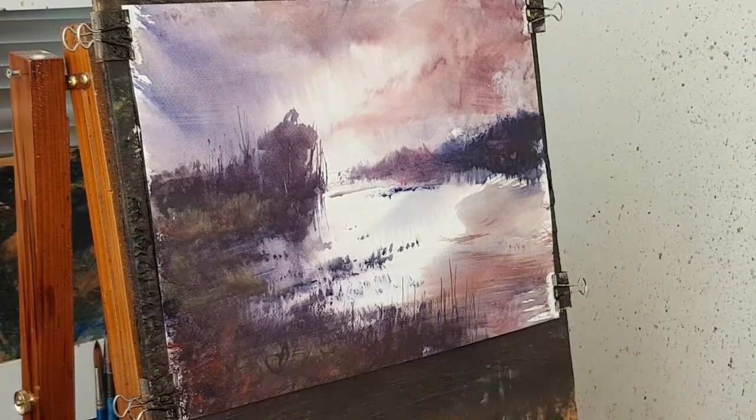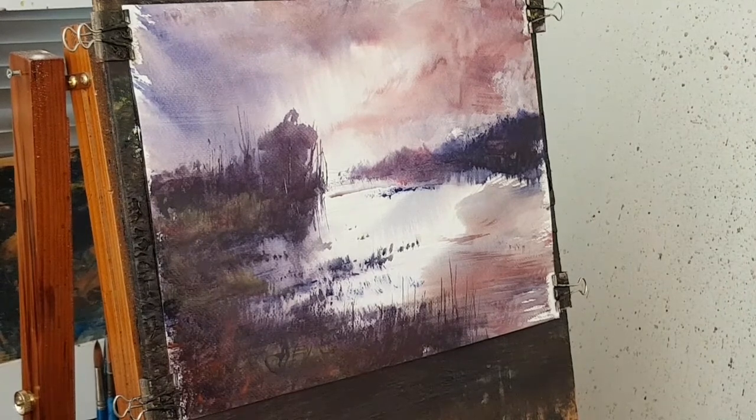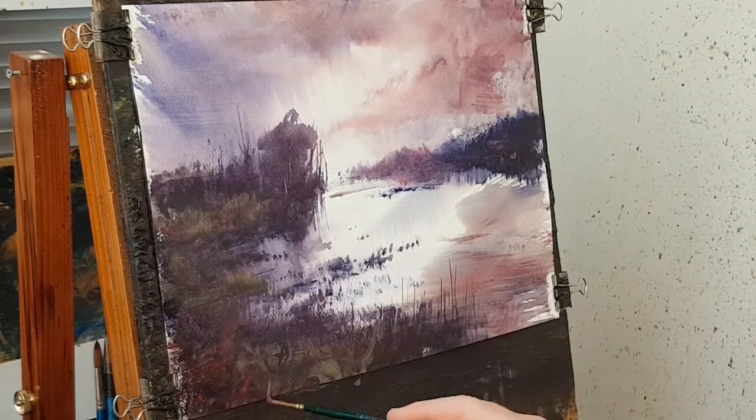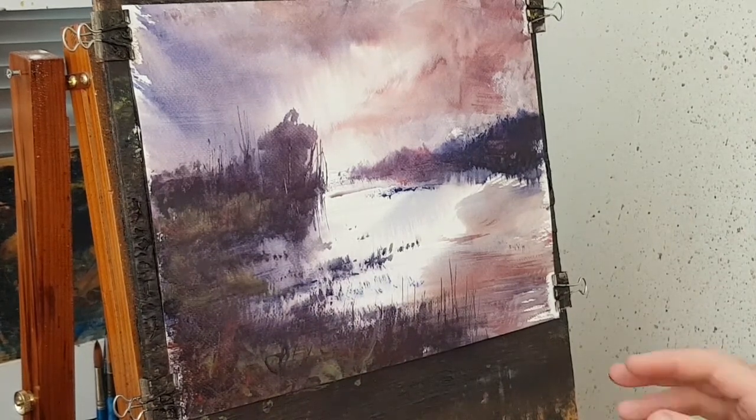Colours in the foreground, and I'm thinking I'm definitely going to need a boat. Definitely need a boat, I think. I do like it before. I like it now that I've re-wet it. What I might do is just